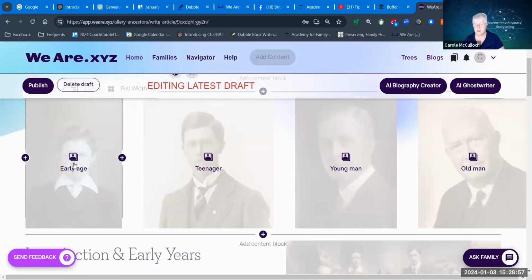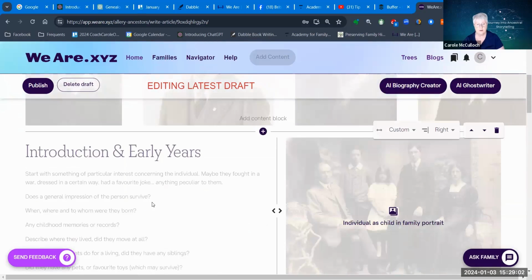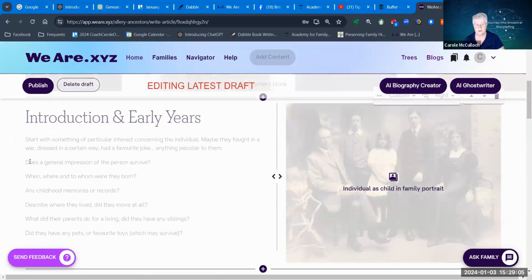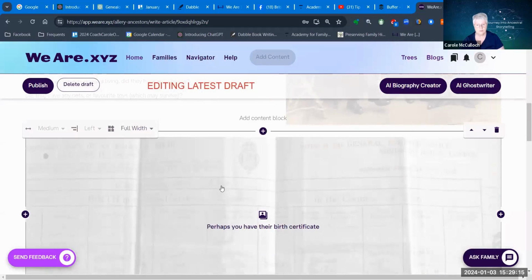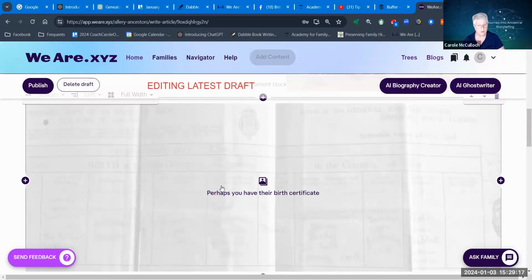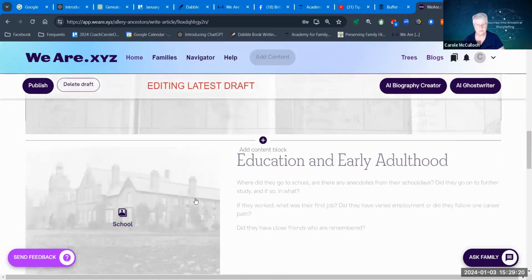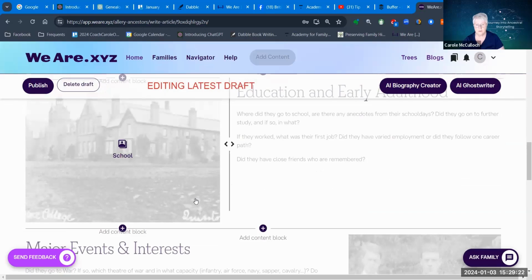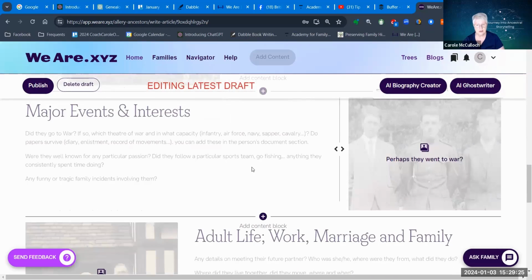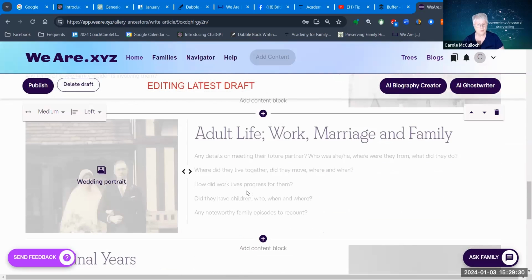So an image at early age as a teenager, a young person or an older person, an introduction in early years, even some scripting there on how you can write it up. And then you might have a photo of the individual as a child in a family portrait and so on. And then looking at those documents, you might have their birth certificate. You might know a little bit about where they went to school, the major events in their lives, whether they went to war, their adult life, work, marriage and family, and maybe a wedding portrait.